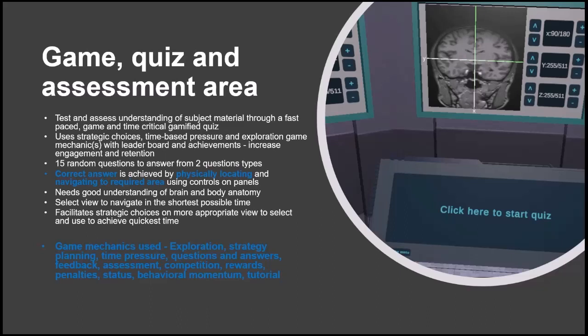They need to select the correct view to navigate to in the shortest time possible. And this facilitates strategic choices on the most appropriate view to select and to use to achieve the quickest time. The game mechanics used here are exploration, strategy, planning, time pressure, question and answers, feedback, assessment, competition, rewards, penalties, status,